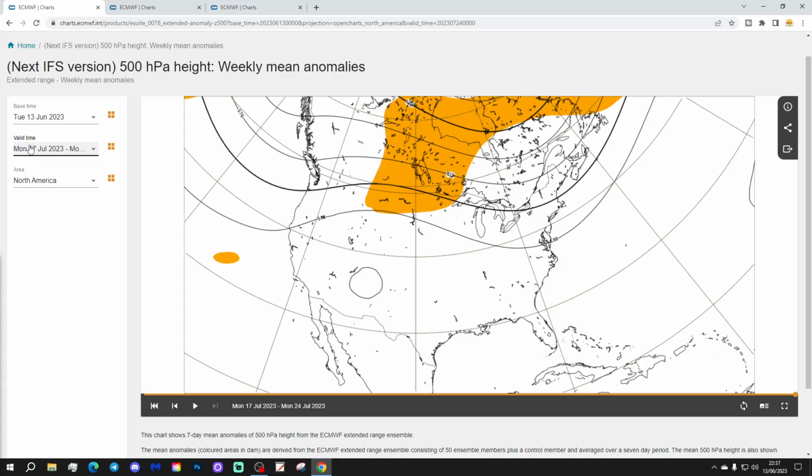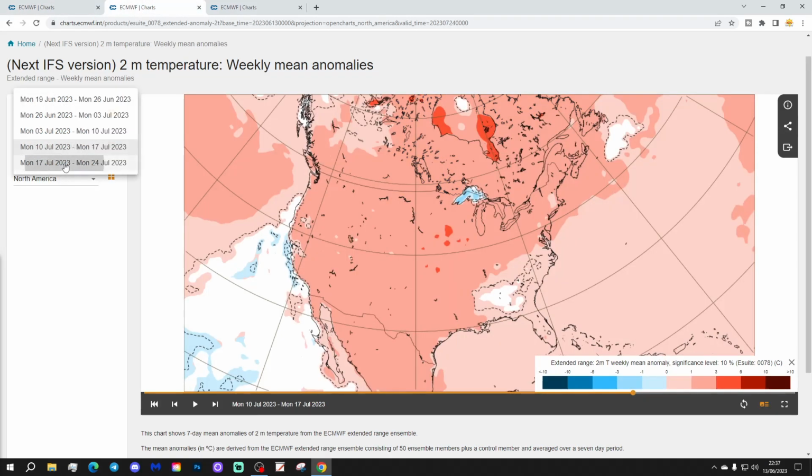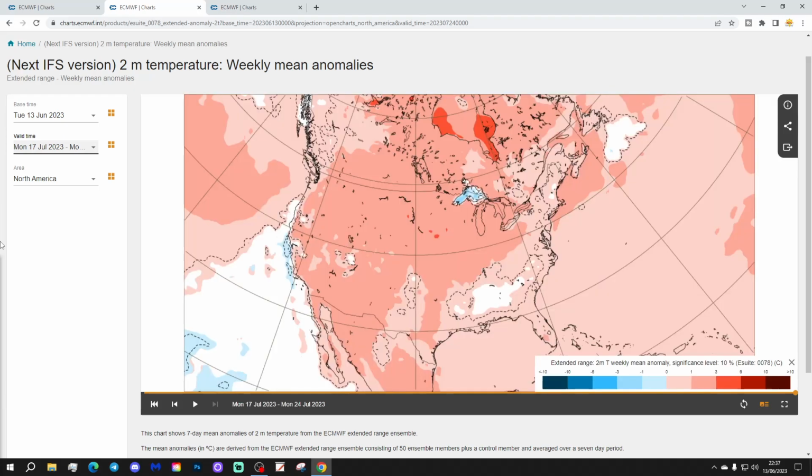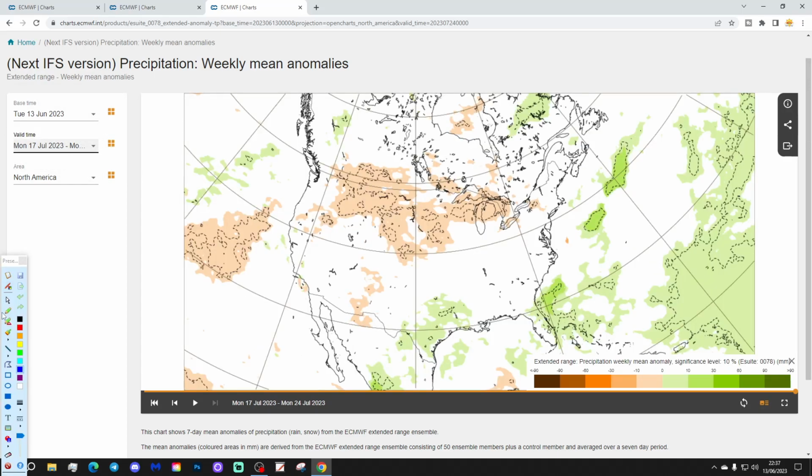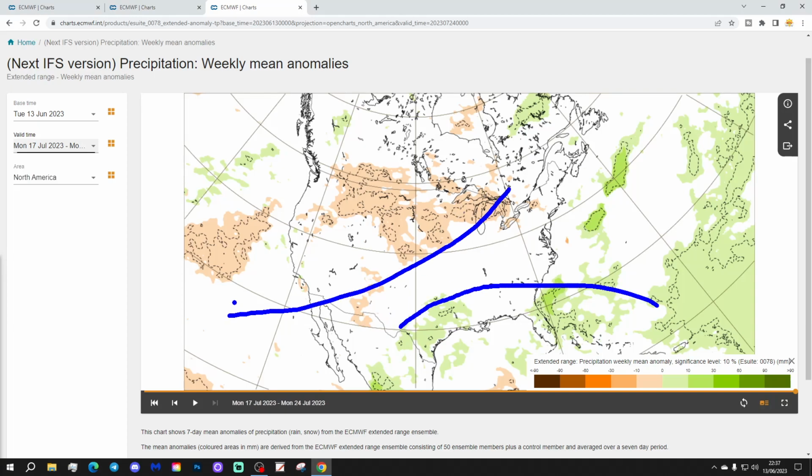So the final week is going to be the 17th to the 24th of July. And very weak still by this point, but some higher pressure in the far north, otherwise not much to work with there. Temperature anomalies for the final week, week 5 or week 6, whichever you take it as. Again, above average from the west coast to the east coast. And precipitation anomalies look like this finally. So becoming a little bit wetter across the southern, southeastern states, dry in the north and in the northwest, and potentially back toward the Pacific as well.